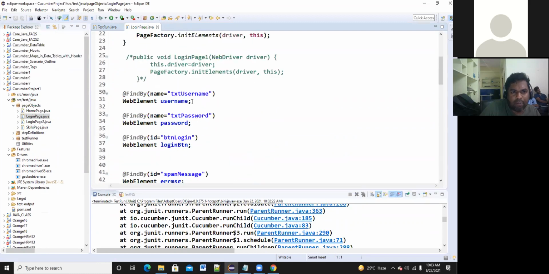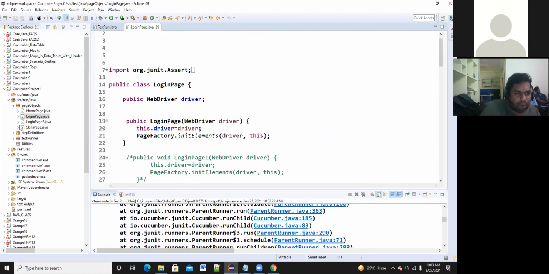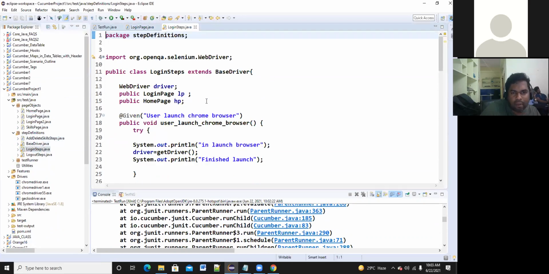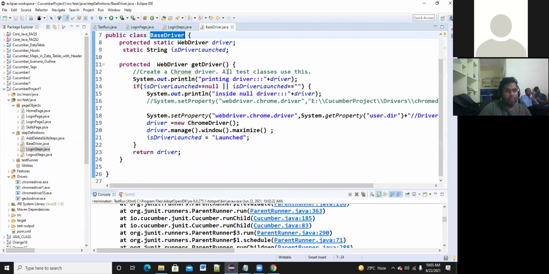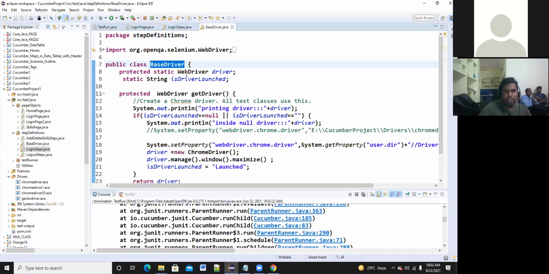Where is that get driver method? Here I have written login extends base driver. So I'm going to the base driver class. This is the base driver class I have written. Where is that base driver?